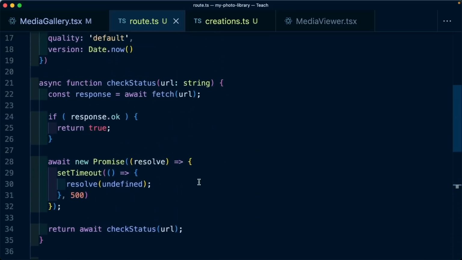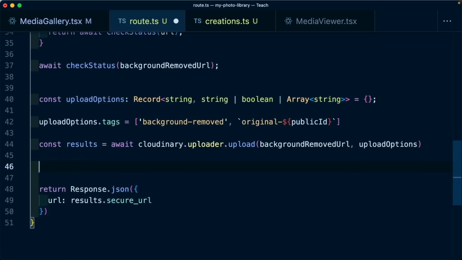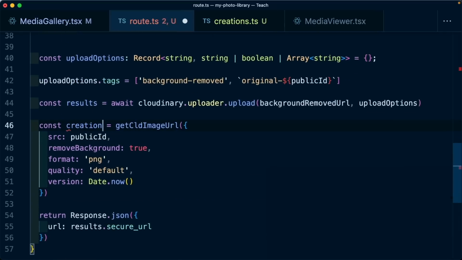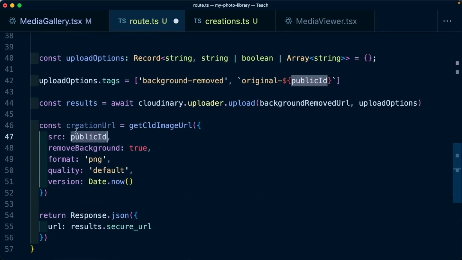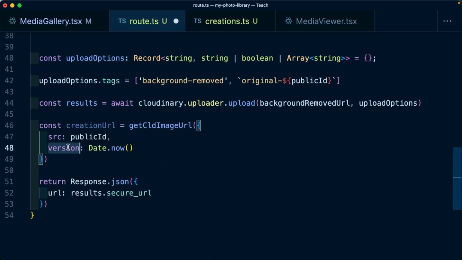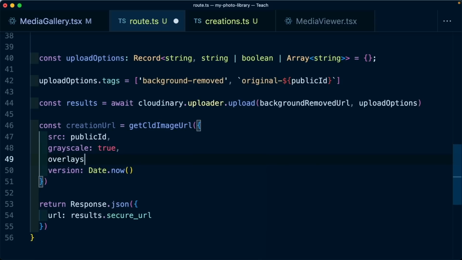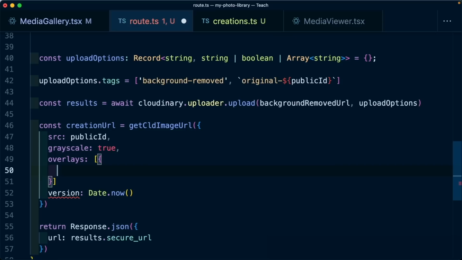So now I'm going to go ahead and copy the same code that I created for the background. I'm going to paste that below the results, but this time it's going to be the creation URL. We're going to keep that public ID. We don't need to remove the background. We don't need to change the format. We don't need to change the quality. We do want to set the version. But one thing we're going to do, we're going to say grayscale true, and then we're going to add an overlay, which is where we're going to add the new image with the background removed. So let's say overlays, where we're going to specify our array with our object with a public ID, which will be our